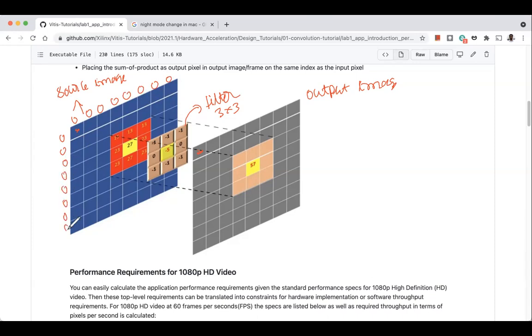GC students, they know this better. There are different padding strategies. One particular strategy is called a zero padding strategy. You just pad zeros around the border of the source image, and then you move the filter. As you move the filter, you take the dot product. Here in this particular case, we obtain 57 by taking the dot product of the corresponding pixels from the source image's window and this filter window. And we move this across. This is how we do what is called a filter operation on a source image.